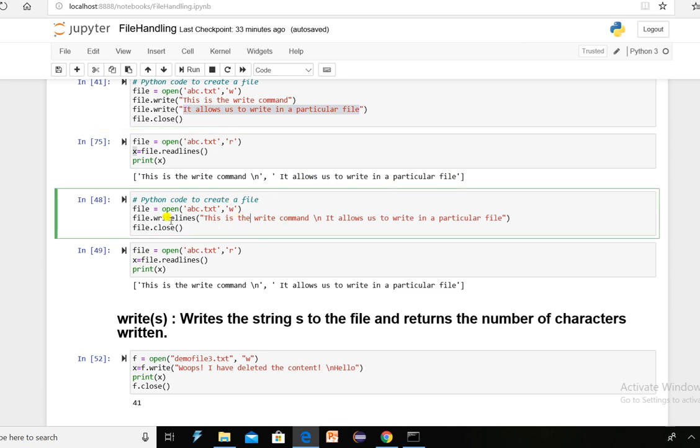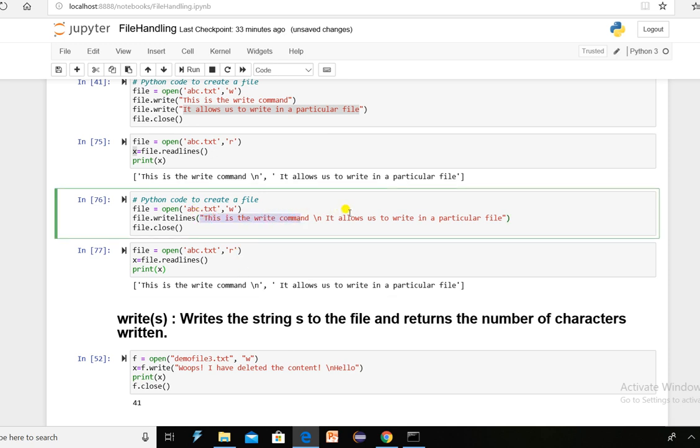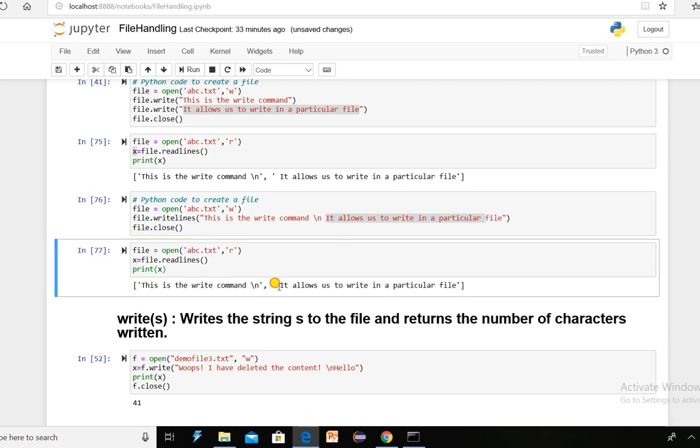With the writelines method, if you don't want to use a list, you can separate the two lines by using slash n, and if you execute this, you will get the same output. This is the write command. It allows you to write to a particular file, so this will be your two elements in a list.